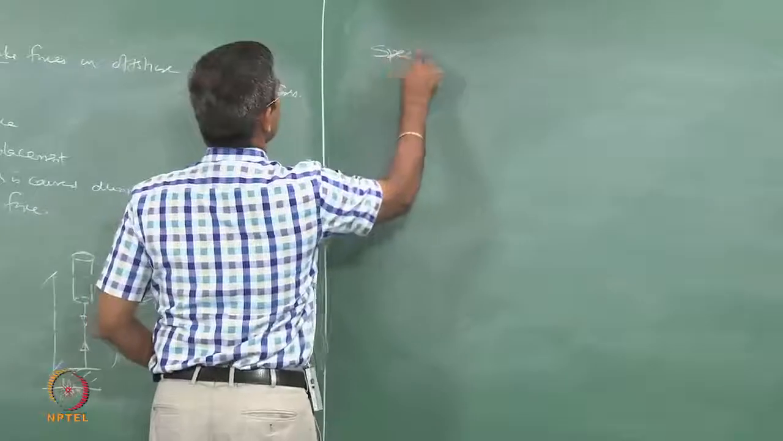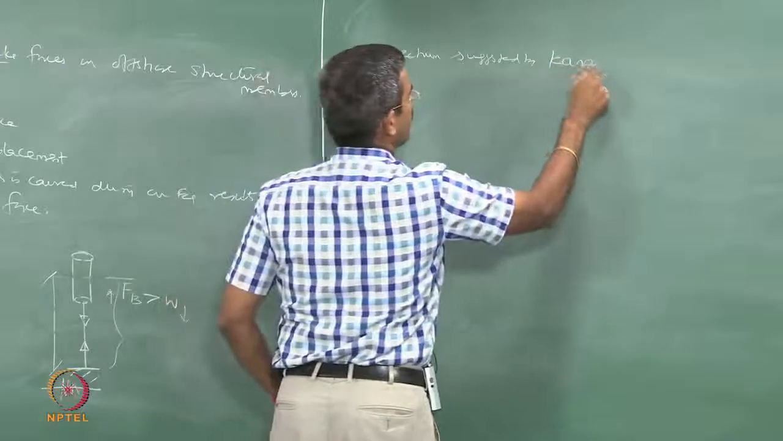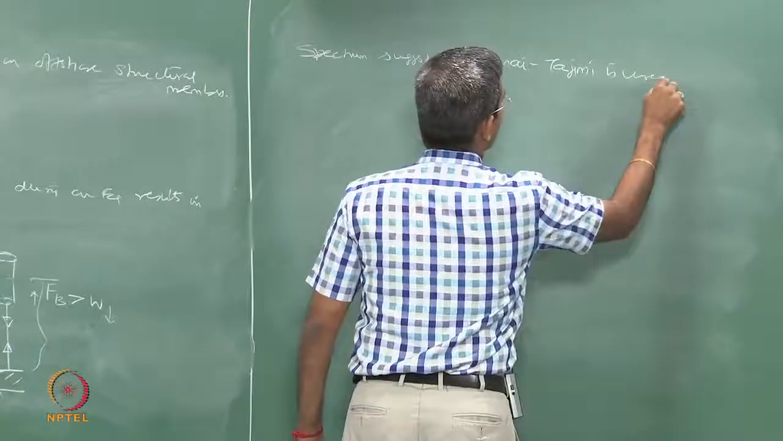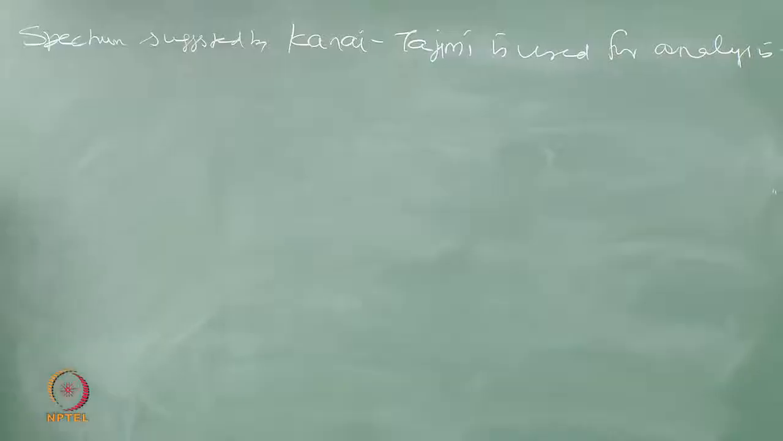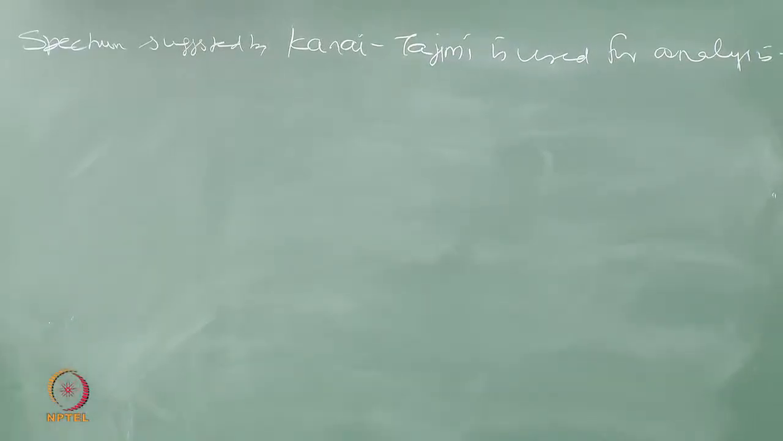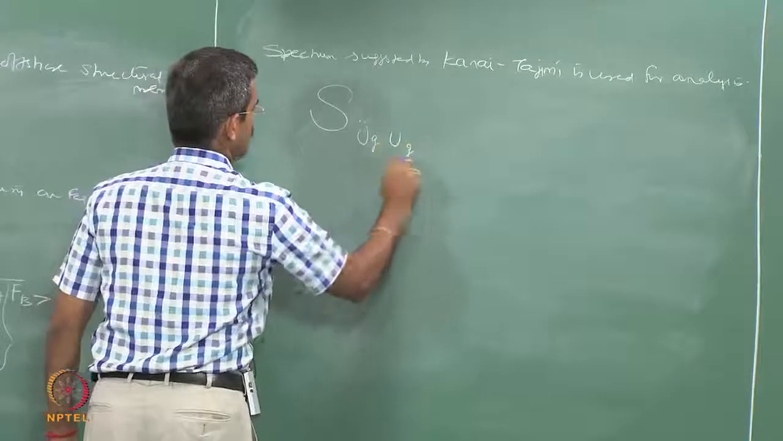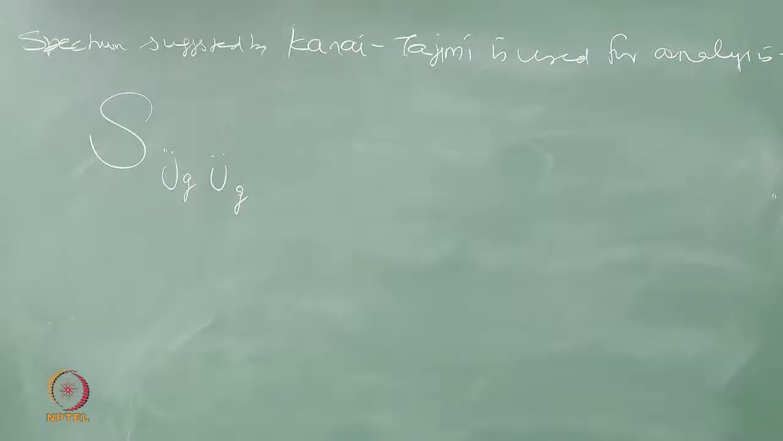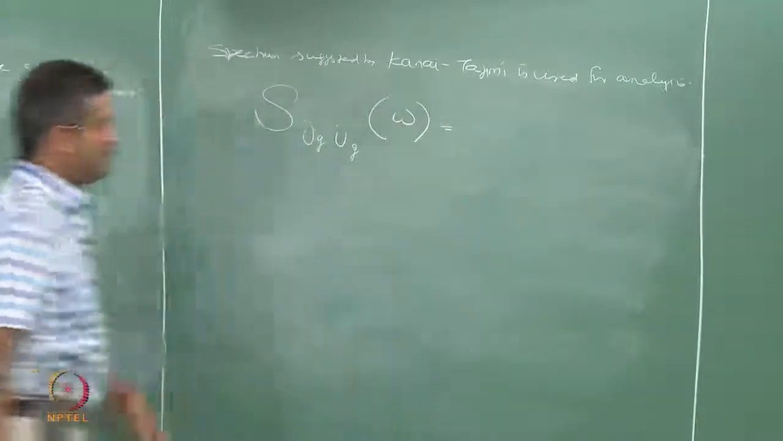So the spectrum suggested by Kanai-Tajimi is used for analysis. So let us see what is the spectrum. Yes, U double dot G, U double dot G, that is a classical way of writing a spectrum, because even in power spectral density function or even in wave spectrum we write S omega omega, okay. In this case omega is given by